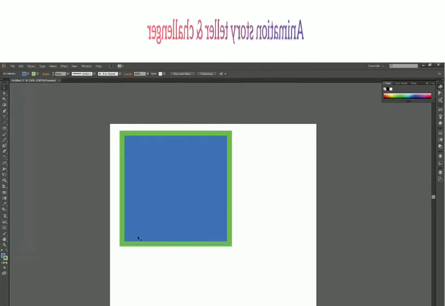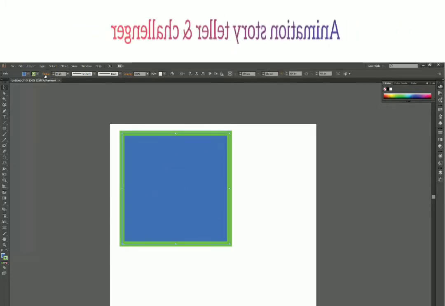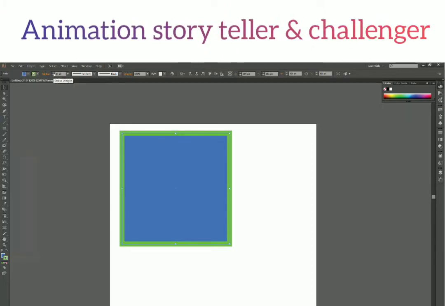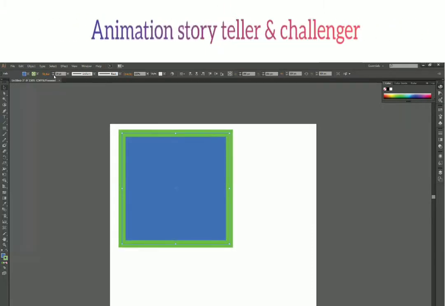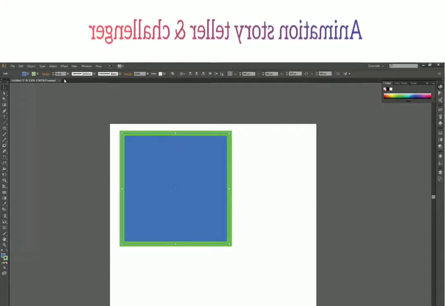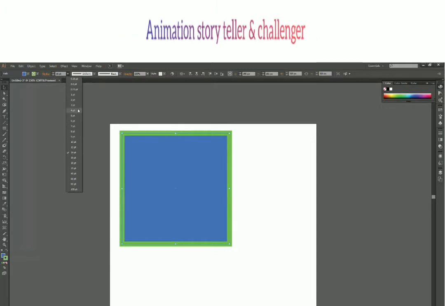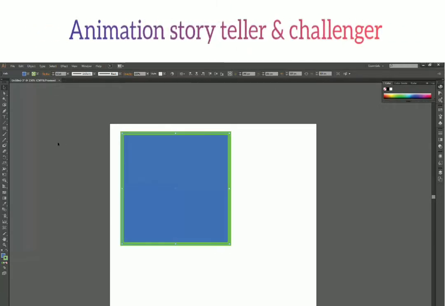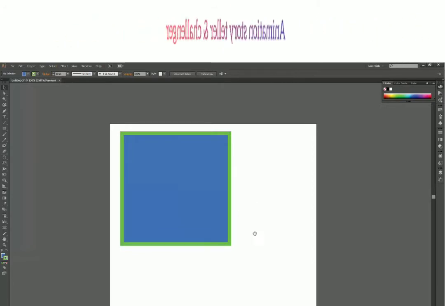So I have this really thick outline now. You can also click on this up arrow or this down arrow to increase and decrease the width of the outline. Right now I'll just select 4, or actually I should select 10. 10 looks good.